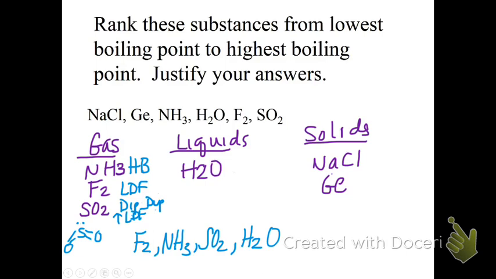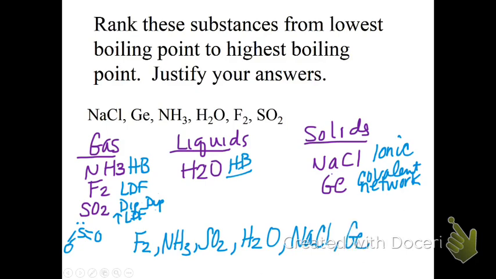And then I go over here, which let's just go ahead and say hydrogen bonding for water, but it's kind of got to be there because it's a liquid. And then we go over to the solids, and we have sodium chloride and we have germanium. And we know sodium chloride is an ionic compound. But if we look at germanium, it's in group 14. And earlier in the notes we said that germanium is group 14, which is capable of covalent network bonding, which in fact it is. And so that means it's going to have a higher boiling point. So then we would go with sodium chloride,